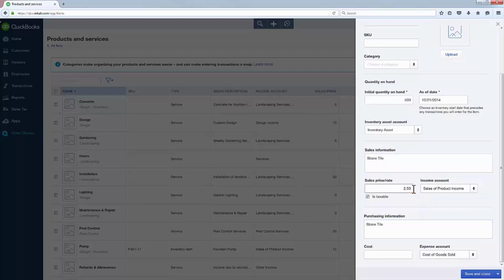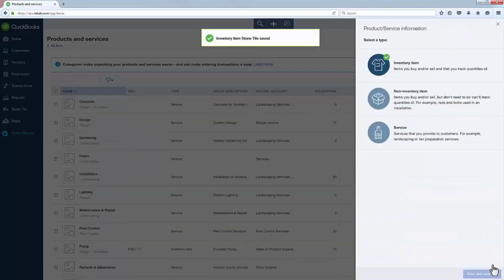and type $2.50 as the price and $1.25 as the cost. Next, leave Sales of Product Income as the income account and Cost of Goods Sold as the expense account, and make sure the Is Taxable checkbox is checked. Then, click the down arrow in the Save and Close button on the bottom right of the screen, and then